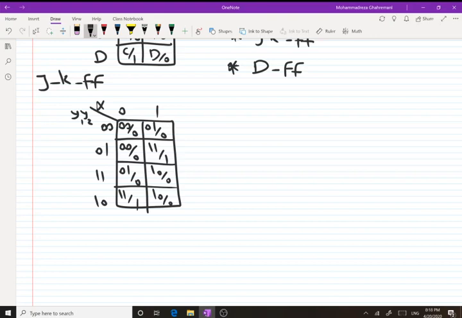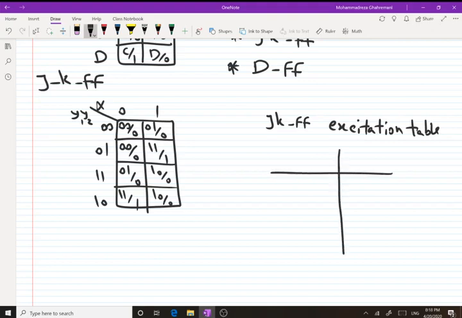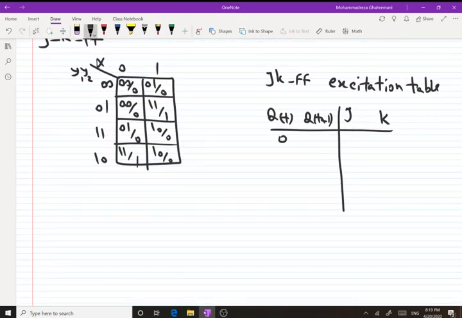Okay, so first we need to know the excitation table for JK flip-flop. The JK flip-flop excitation table is shown here, based on Q(t) and Q(t+1). We want to find J and K. We know that there are four different combinations for Q(t) and Q(t+1). An excitation table is as follows: